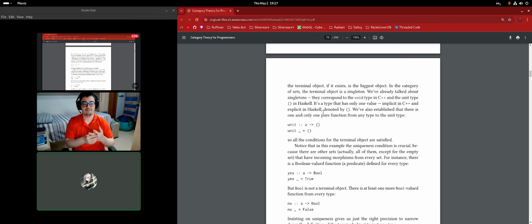I just realized something kind of funny actually. If you look at it from a category theory perspective, then unit is the bottom because all the arrows point to it, and void is the top because all the arrows come out of it. Yeah. If you look at it from a type theory perspective, it's backwards. Void is the bottom because it's the subtype of all types, and unit is the top because it's the supertype of all types.